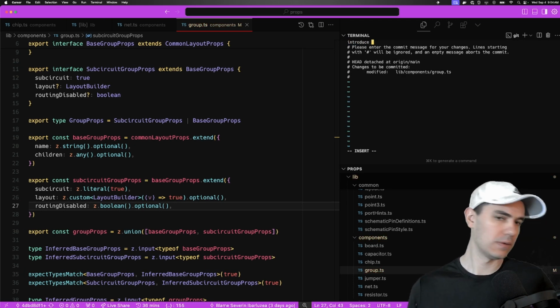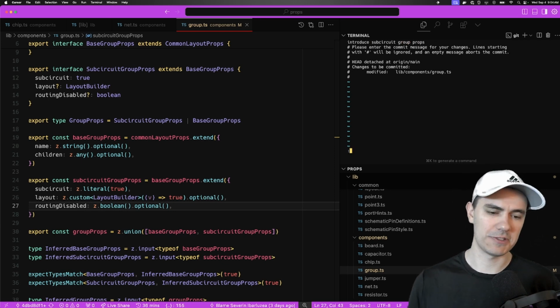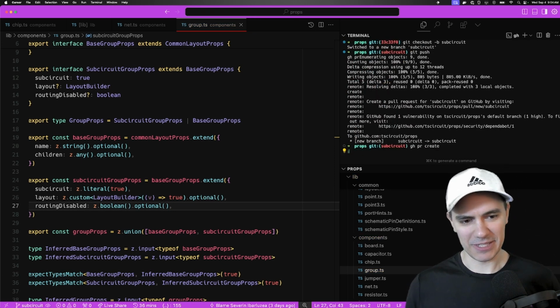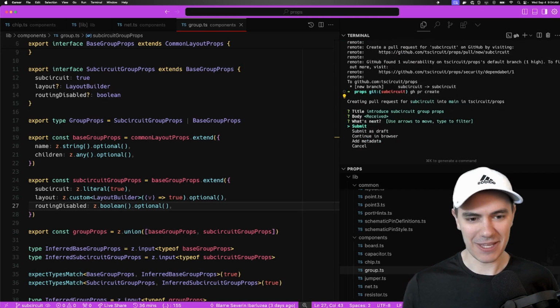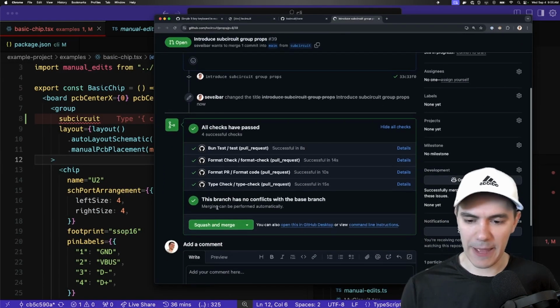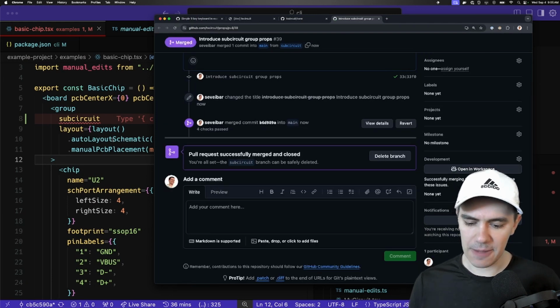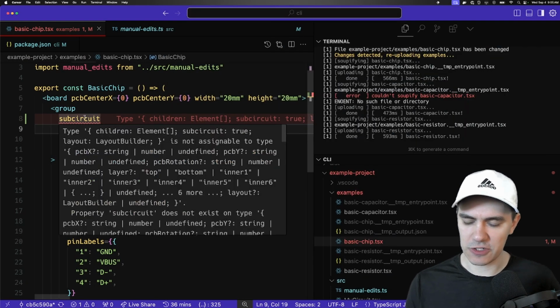Introduce group props. So just preventing somebody else from making the mistake that I made today, because it's a very easy mistake. Okay, all of our checks are passing. So let's merge that. And that will fix the type error over here where it says we don't have subcircuit